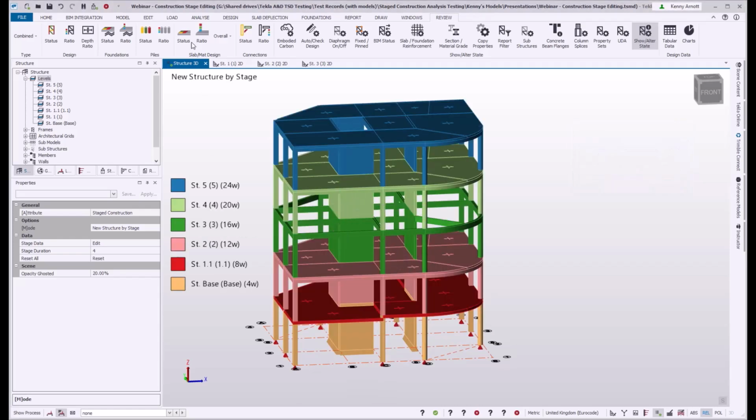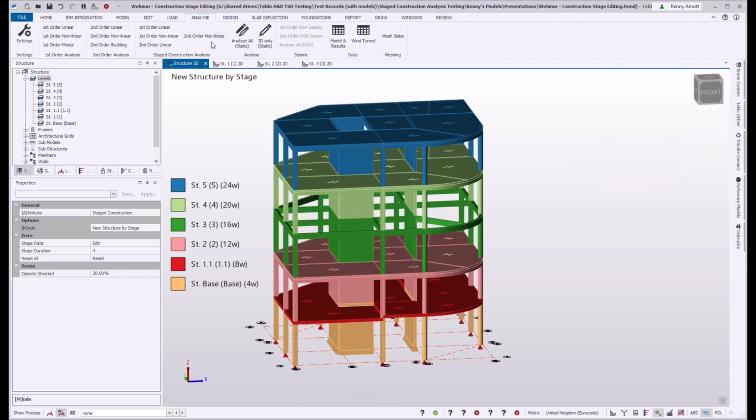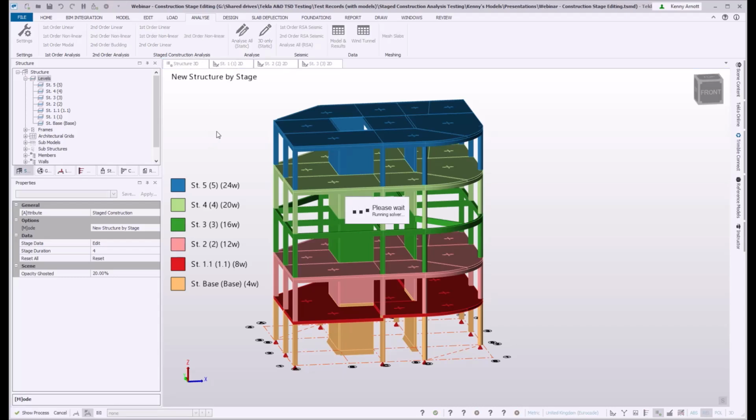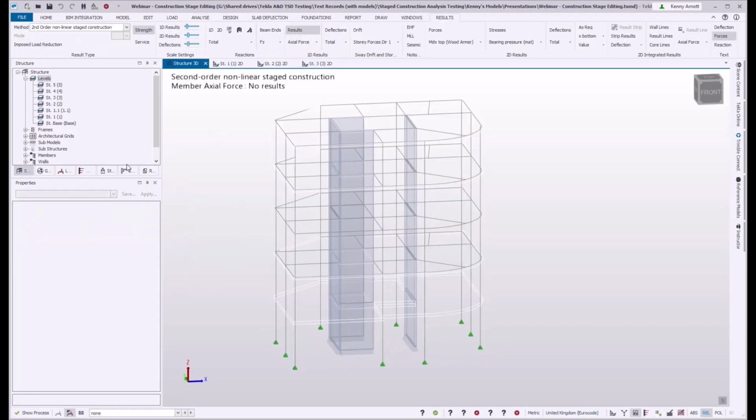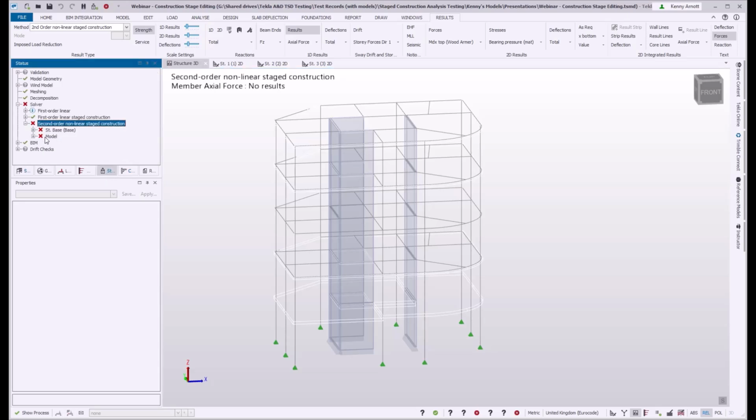So if I actually try and do any analysis here, and I'll run a second order nonlinear stage construction analysis, we'll see that the whole process fails, and it says it's failing when it's running that base stage. The structure contains mechanisms. So by trying to move things around, I've created an initial stage where it's not stable and it can't get beyond that.